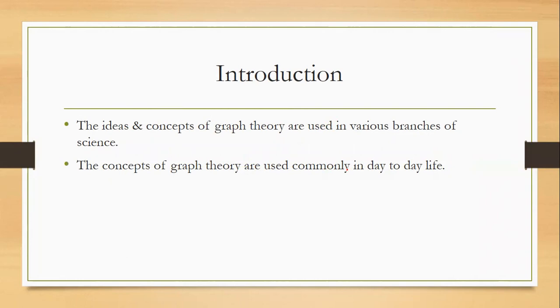The best example will be Google Maps, where you want to go from point A to point B, and it creates a path based on a few features like the shortest path, or the shortest time taken, or even the minimal distance, with respect to traffic and various diversions. So here, let's see a few examples of applications of graph theory.